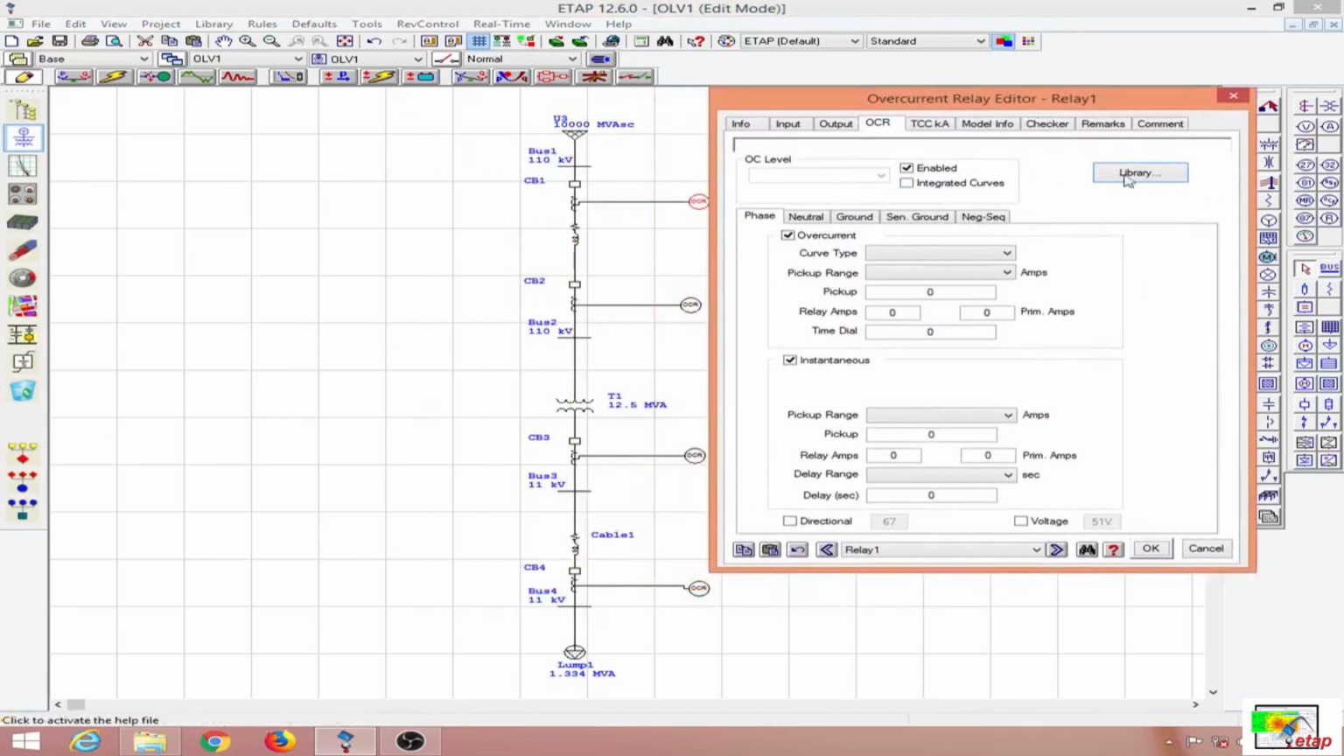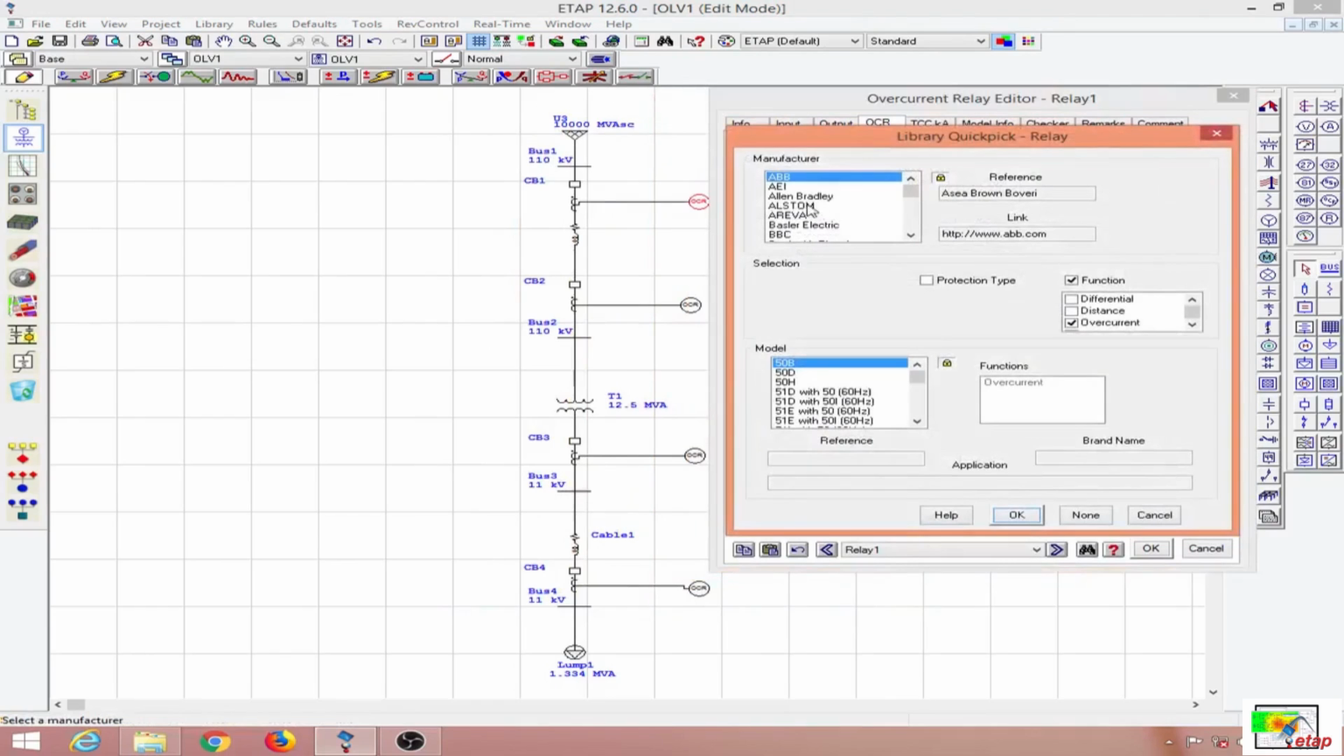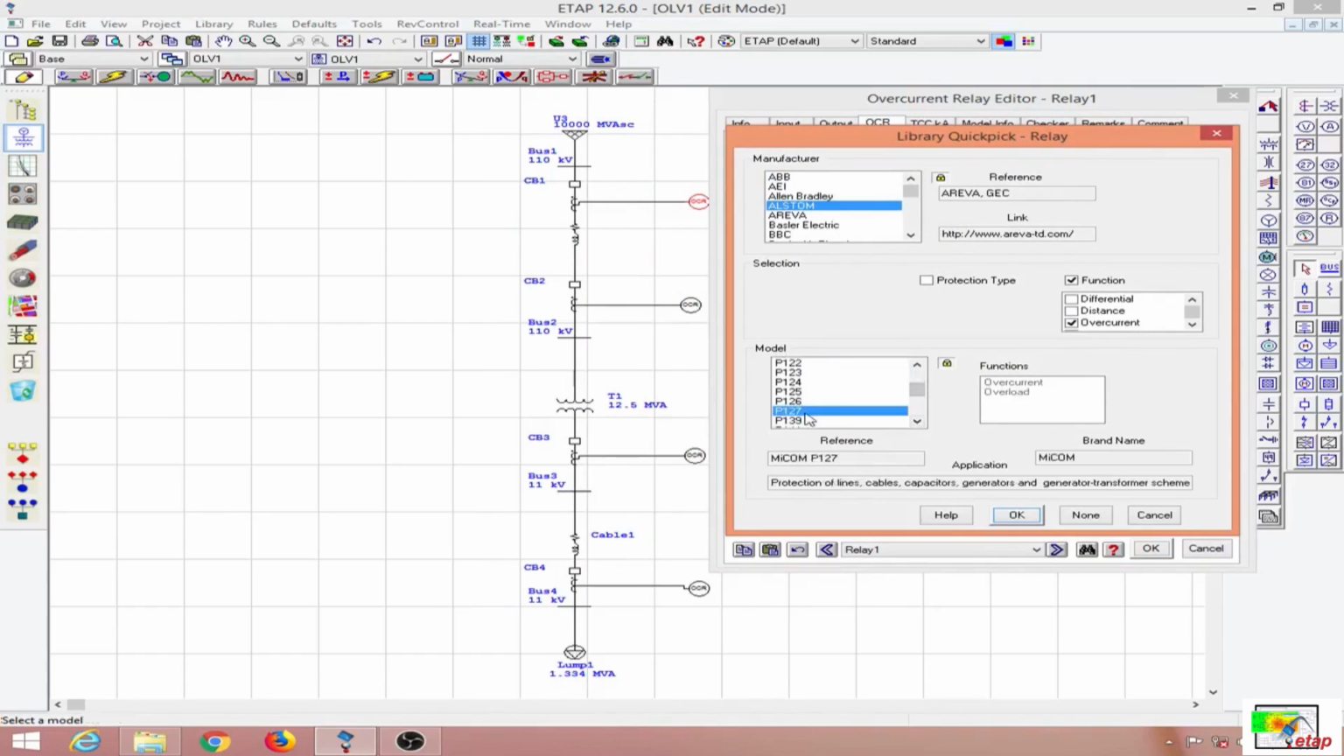settings. So let me pick a relay from the library. So I will pick the Alstom P139, which is a MiCOM brand name. This is overcurrent overload protection for cables, lines, transformers and motors. You can select the relay depending upon the function like this, or you can just take it depending upon the protection type for the generator, transformer, bus or so on. So I will use the P139,